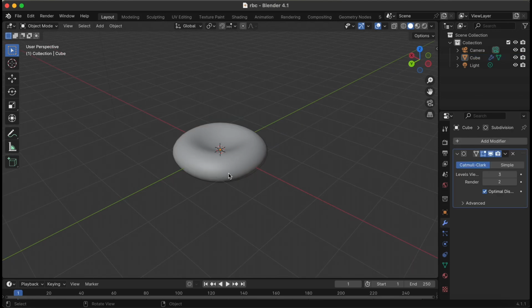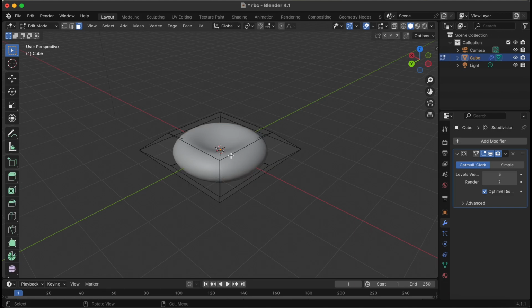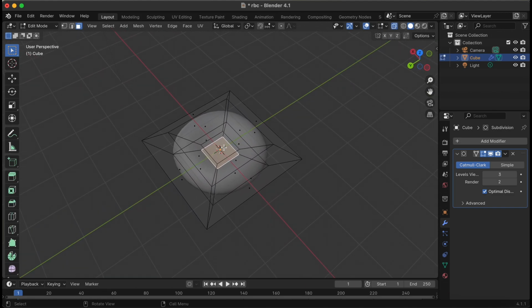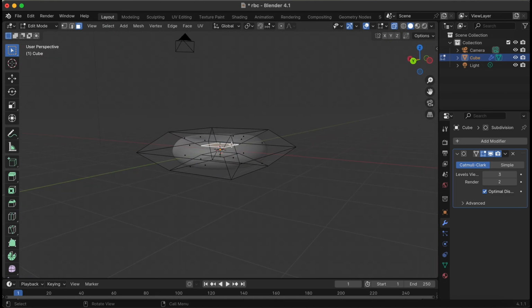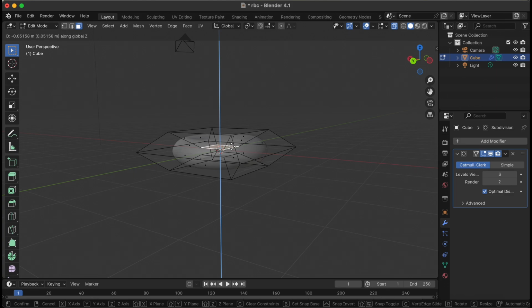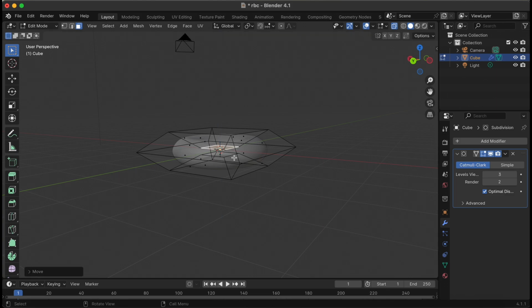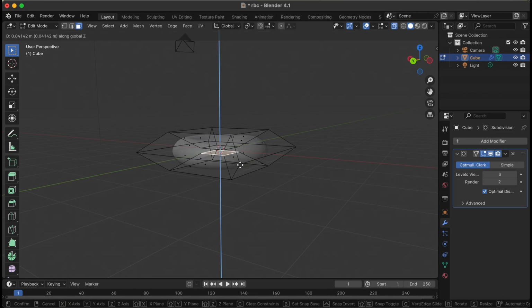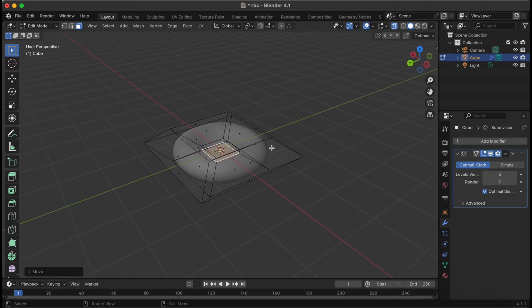Now that we have completed the basic structure of our red blood cell, we can actually go back into edit mode and click transparent and select the top face and maybe move that down just a little bit. So G, and move that along the z-axis, just slightly down there. And the bottom face, G, and move that along the x-axis upwards. Just giving us that deeper, flattened center that we're looking for.